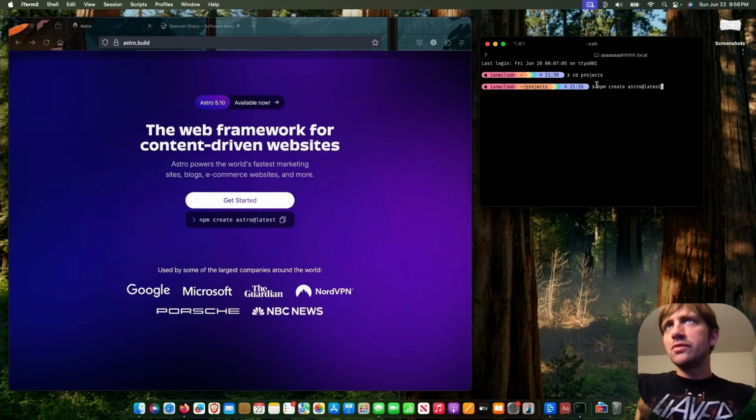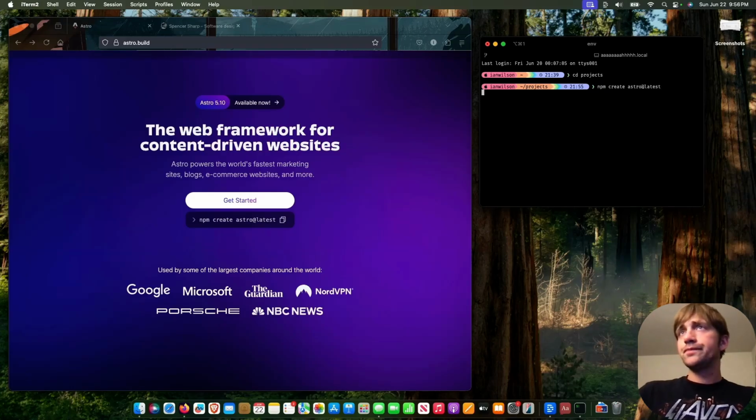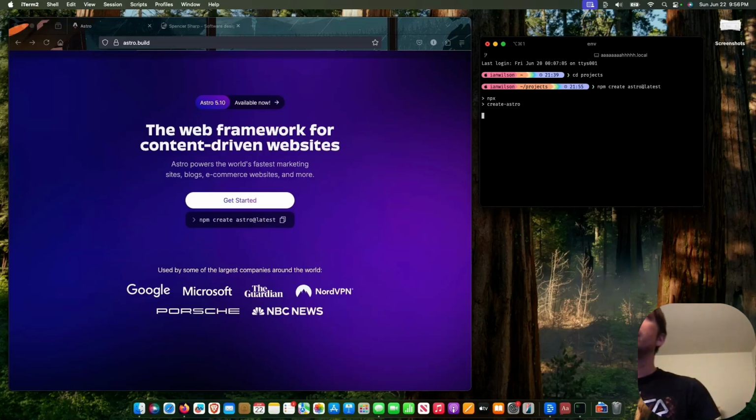Before I run this command, I will note that you need Node.js installed, so however you want to get that, whether that's going through a Node version manager or a different Node version manager like FNM, that would give you access to npm here. So I'm going to run that,